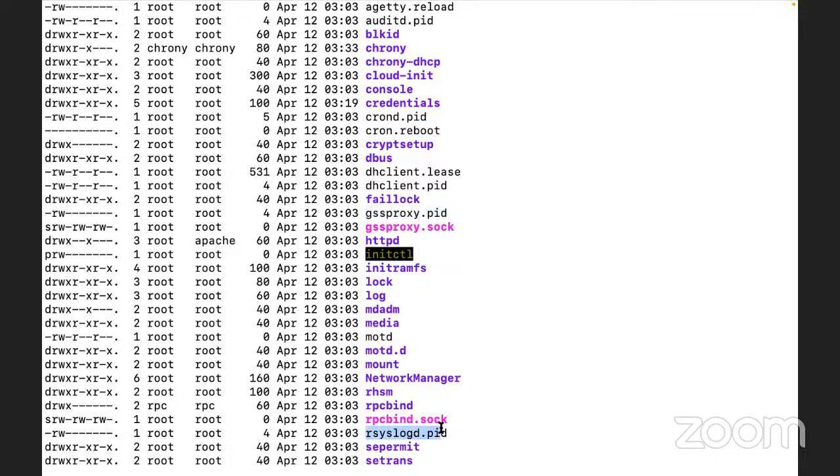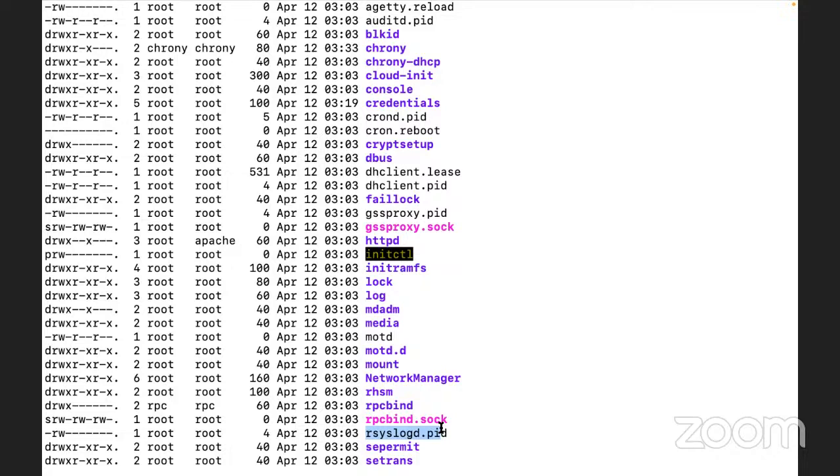Until and unless this system is running, this directory is going to store the information about all the running processes, like its PID, when it was started, who started the process, who owns it. So every kind of information will be available here, but only till the time the system is running. Once the system reboots, you will not be able to see the data. What were the stats available before reboot? This is going to store all volatile information within this particular uptime session.